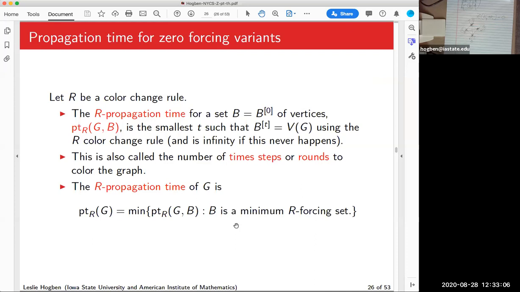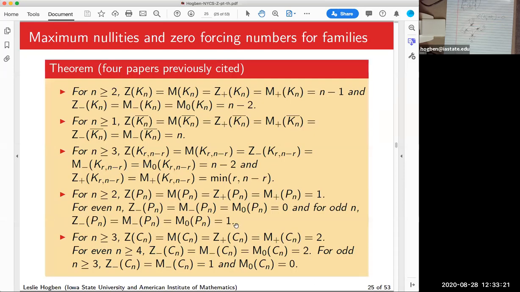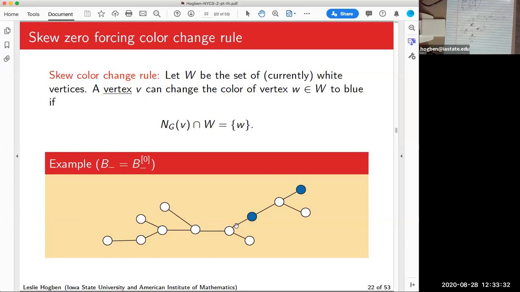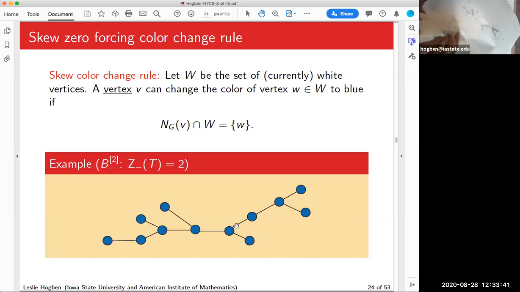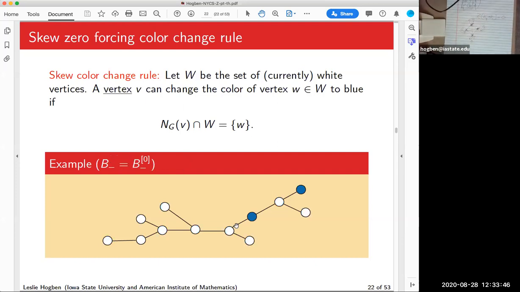So the next topic is propagation time. Before we do that, are there questions? Leslie, for skew forcing, is it the case that every tree has zero forcing number zero as long as it has 2 or more vertices? No, if you look at this one, the number was actually 2, not 0. So if we look at this tree, if we go back to the original picture,